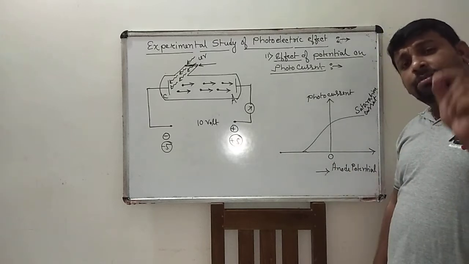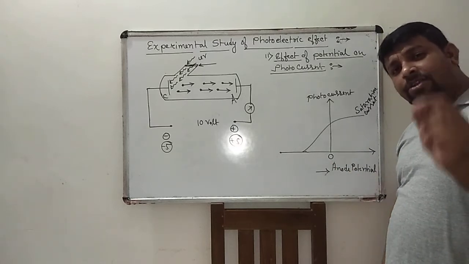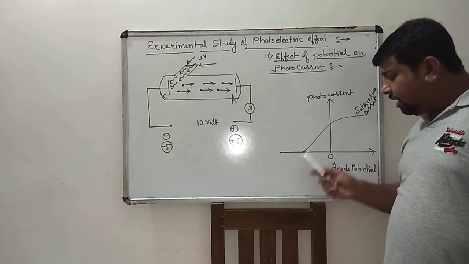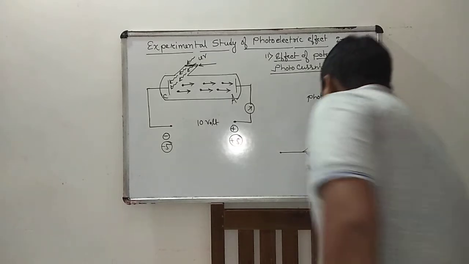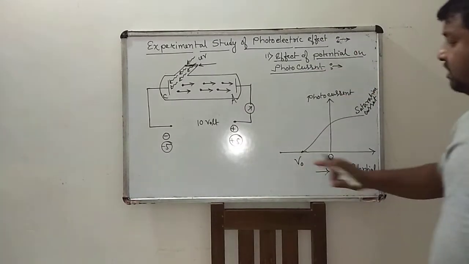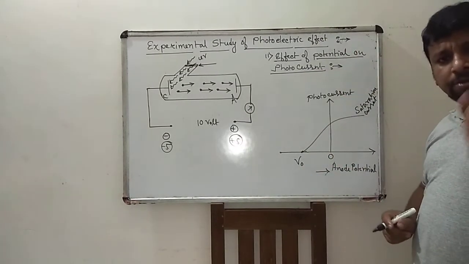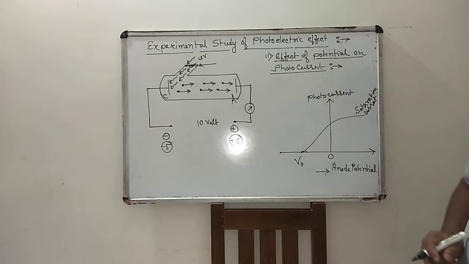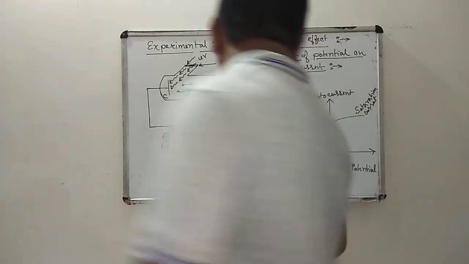For a definite negative value of anode potential, the photo current becomes 0. The negative value of anode potential for which the photo current becomes 0 is known as